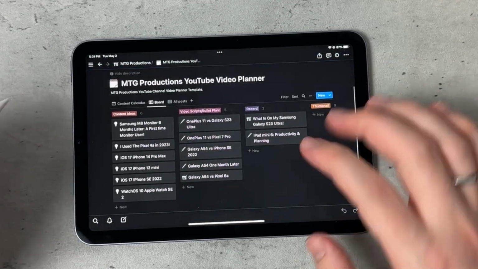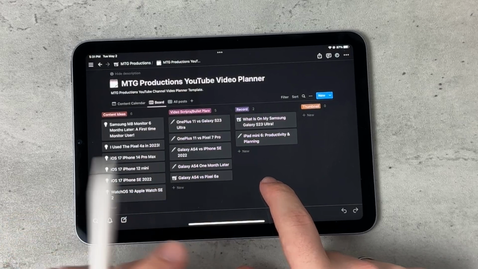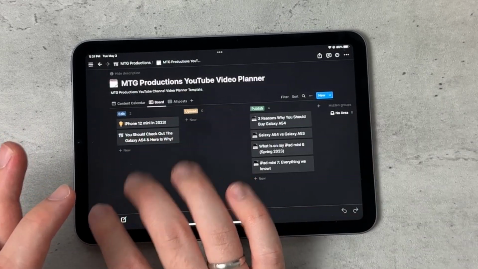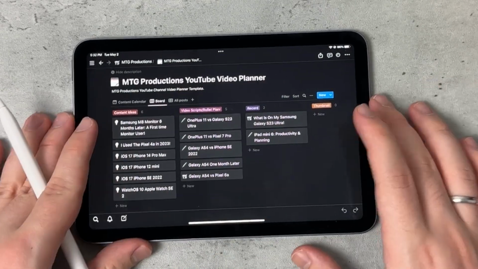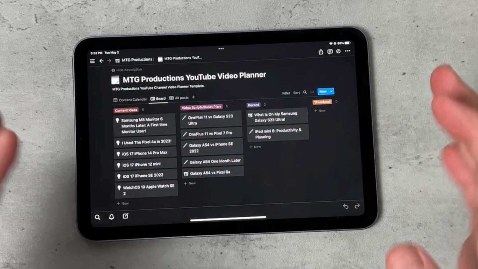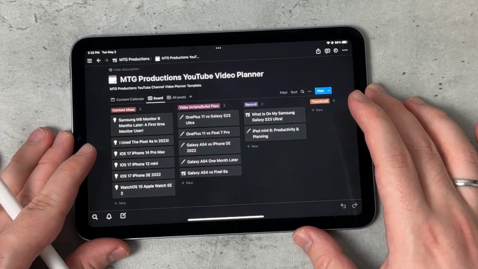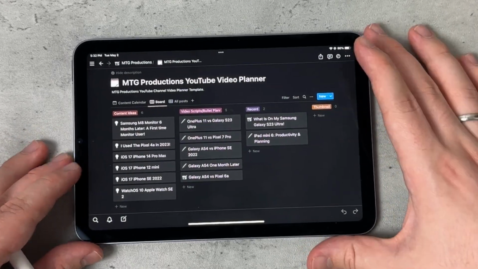So taking a look, I break it down into a bunch of different parts: content ideas, video scripts, bullet planning, record, the thumbnail, edit, upload, and publish. Now, if you go ahead and take a look at this template, you can change it to your own liking, but this has fit me the best and it has kept me more productive when uploading videos on the